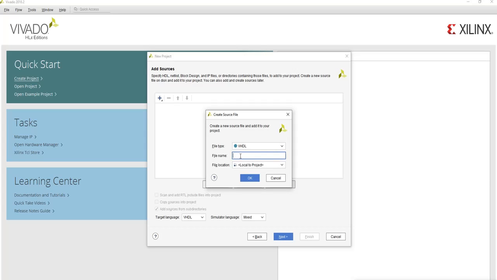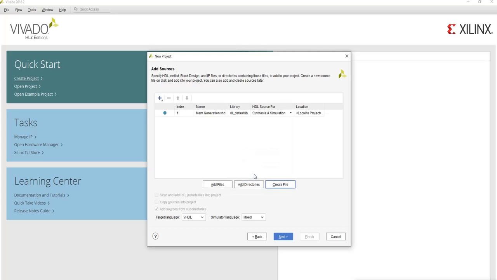Click file. Give it a name, mem generation. Okay. Here the target language is VHDL, but we are going to change it and use Verilog as the code.